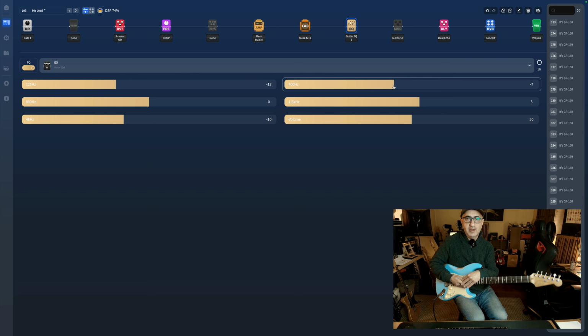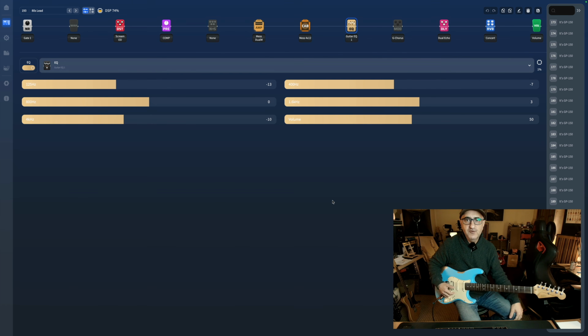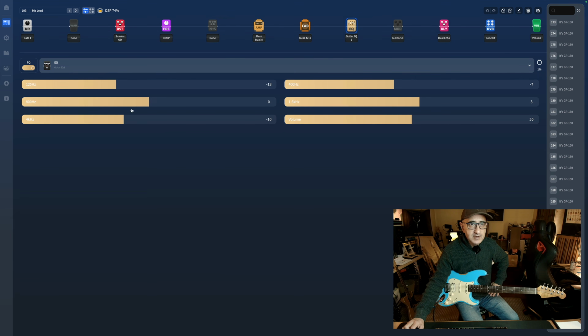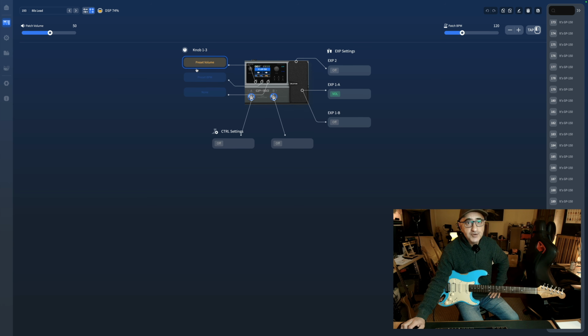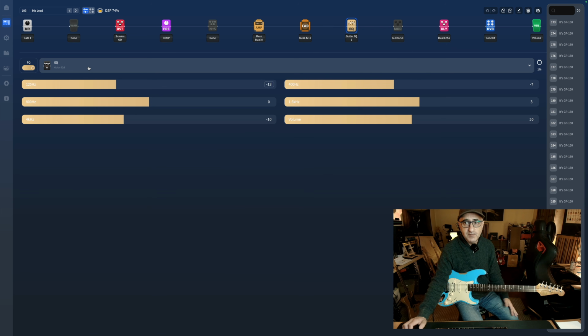So this is played on a Les Paul, the neck pickup. This is my review of the effects, and there are some things I would like them to get better, and I think they will eventually. The DSP is 74 right now, and there's also this button here that I don't know what it does. Oh, it shows you what you can do with the expression pedal and stuff like that. Sorry, but it's good. I think it's good. I'm using